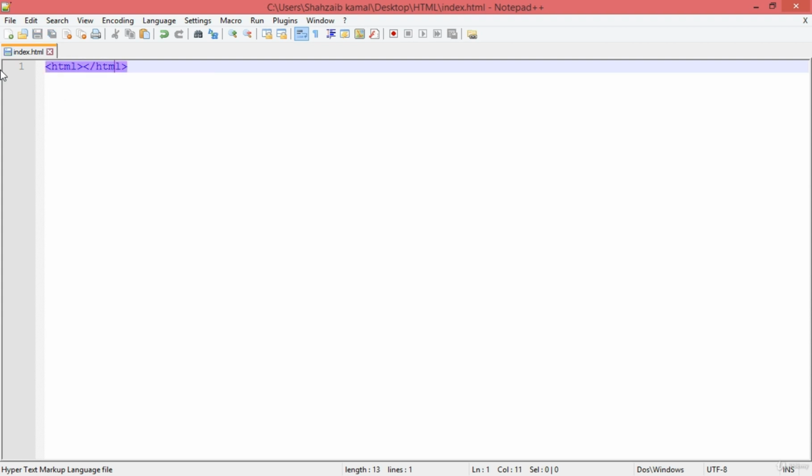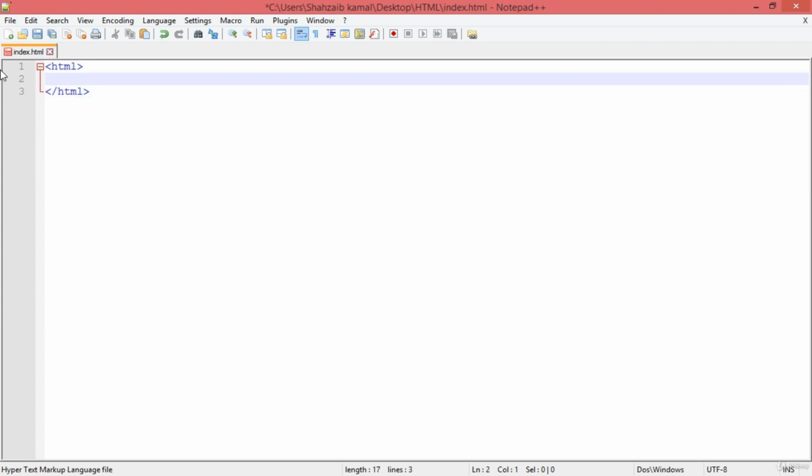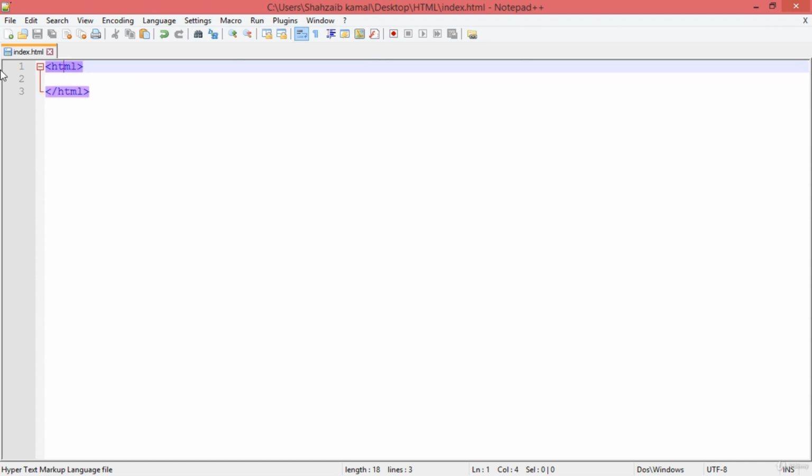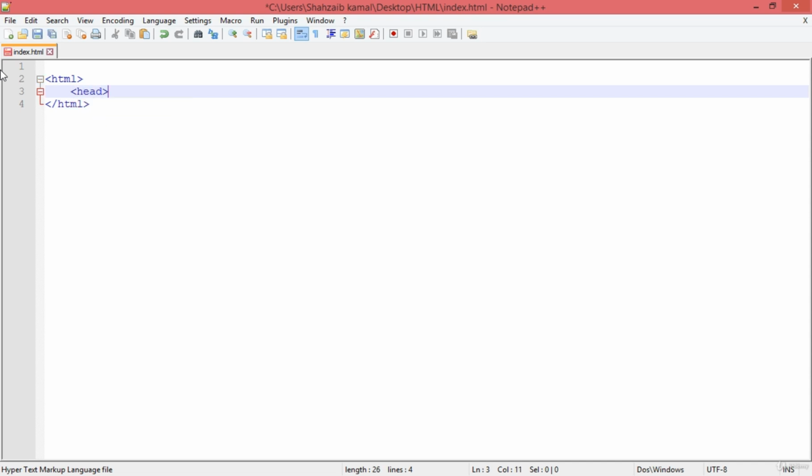First of all, we have to type the HTML tags to clarify that we are working in HTML. But before that, we have to declare the doctype version, which I'll discuss in the next class. Right now I'm creating the basic HTML syntax, the HTML, and what more I'm doing here is creating the head tag, which is a really necessary tag.